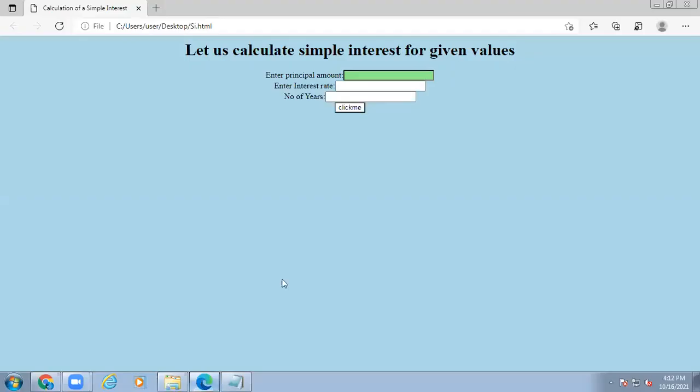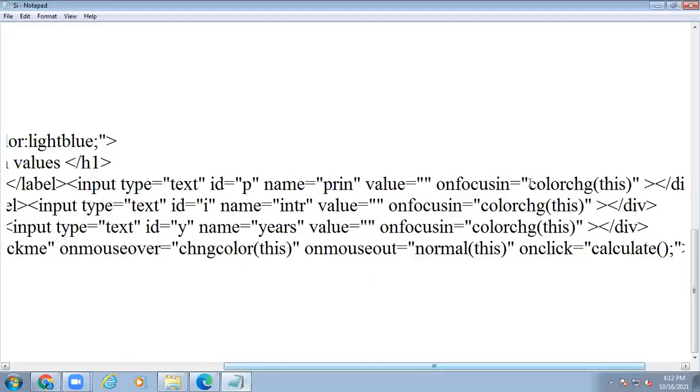Whenever you click on this text box, automatically focus will be placed here. That's the reason that event is generated. Whenever that event is generated, the function you have described here is executed. Okay, clear?